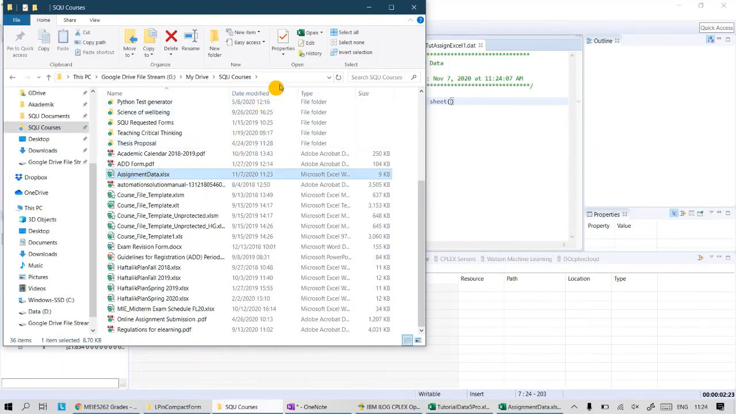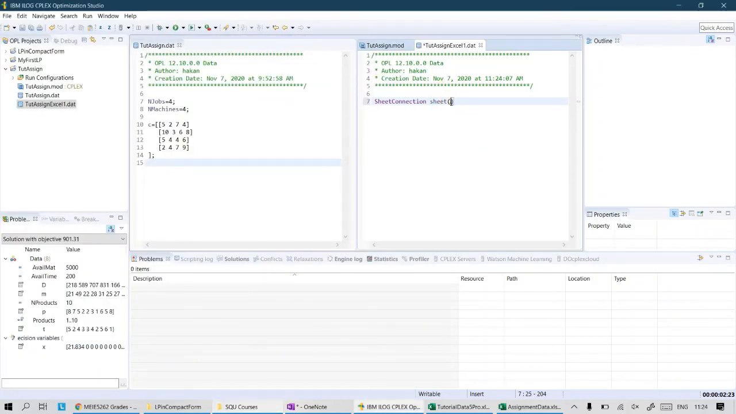This one, okay? And then for that I'm going to take this path, copy it and paste it to here, and then don't forget to make these slashes double slashes, and then also don't forget to write the name of your data, which is assignment data.xlsx. Okay, then we will read n jobs, okay, from where? Sheet read, and then